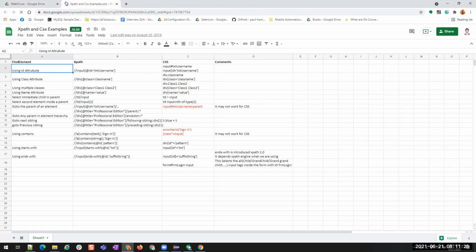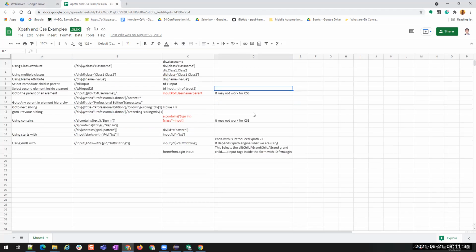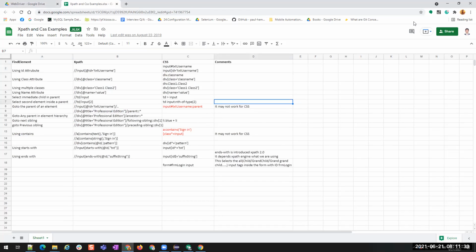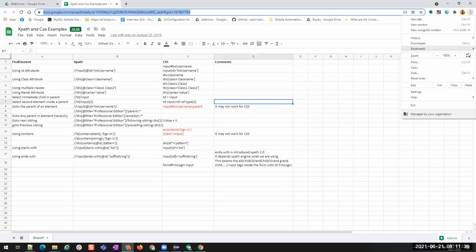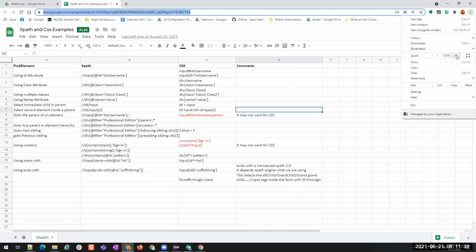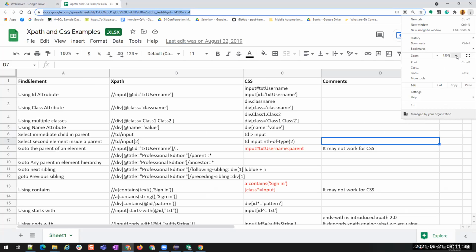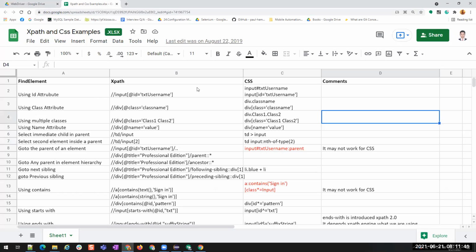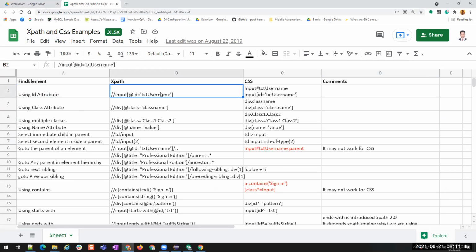Once it completes loading, I'll zoom it so that you can see the text. Is it clear? Yes. Okay. So using ID attribute, this is the syntax that we write in XPath, and these are the two ways that we can use in CSS.